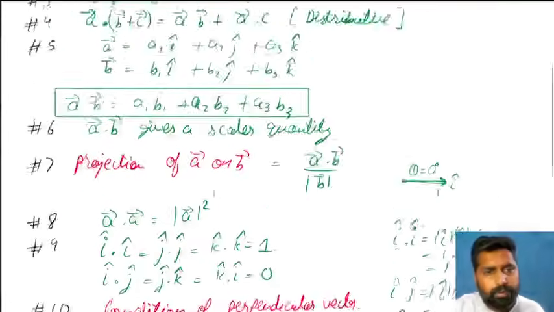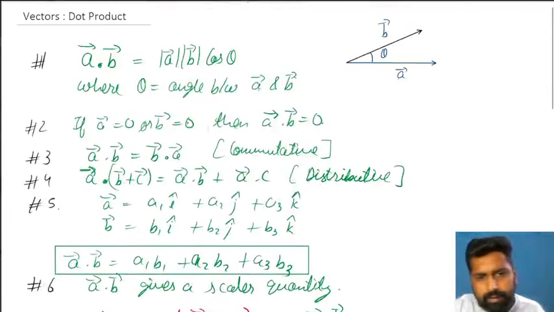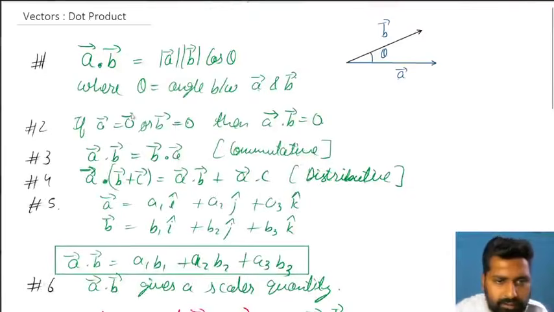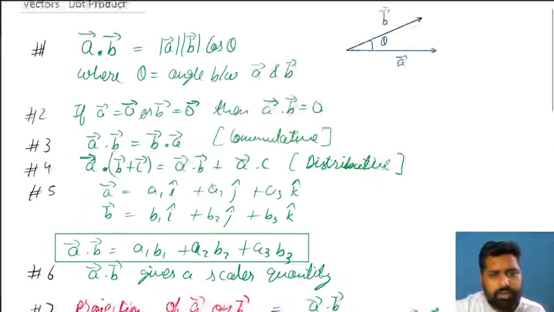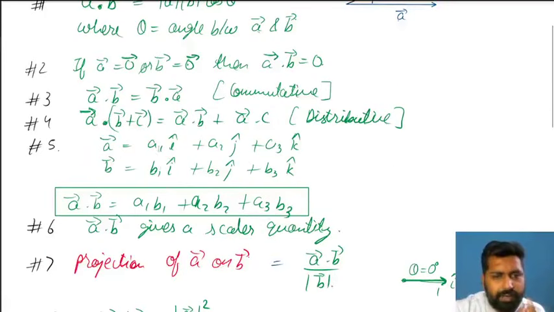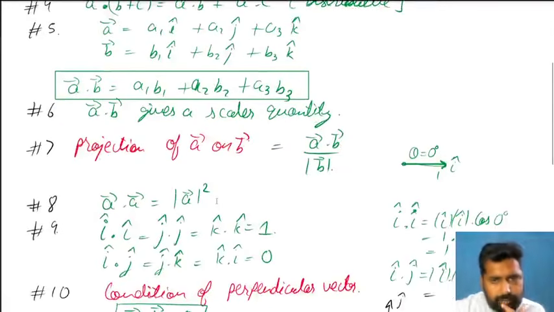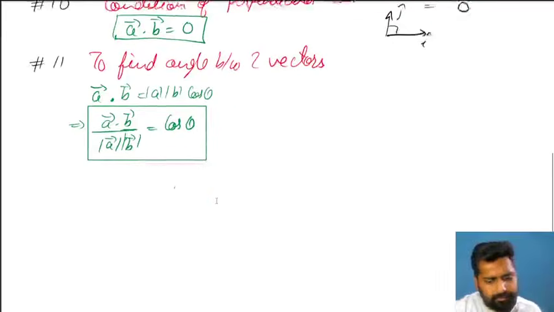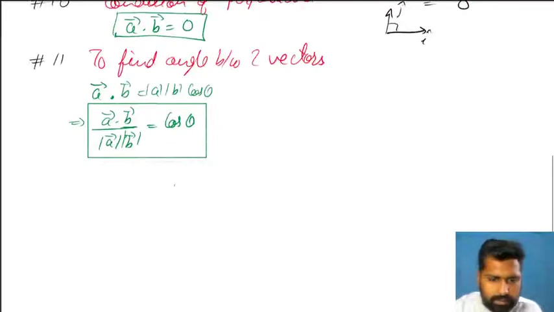We have talked about perpendicular, parallel. The result is a scalar. If A or B is a zero vector, any of them, then the dot product is zero. Also, we've seen that if the two vectors are perpendicular, then also the dot product is zero. It's commutative in nature, it's distributive in nature. The dot product is calculated by multiplying i with i, j with j, k with k, removing i, j, k and adding them. Projection we talked about. That's it. All right.